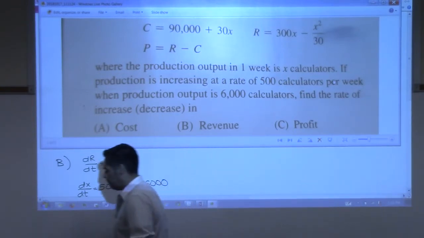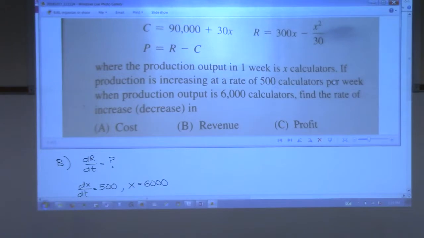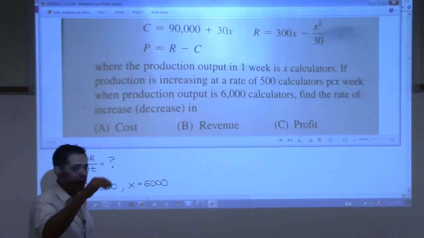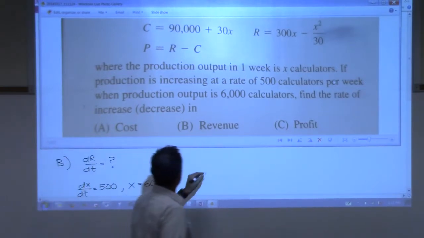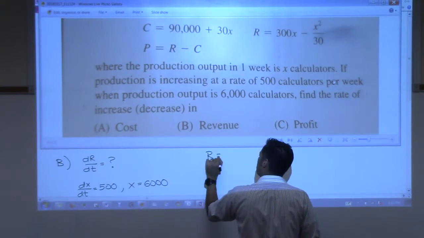So what do we want to find? We want to find dr dt, and we have that information. Take the revenue equation, differentiate it with respect to x, then take that back with respect to t. So take my revenue equation,